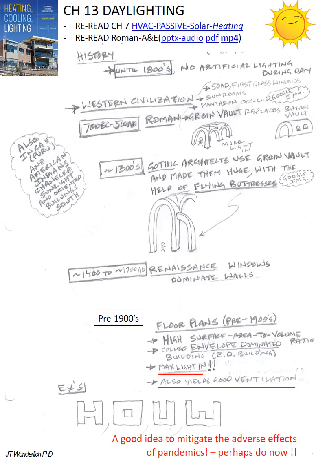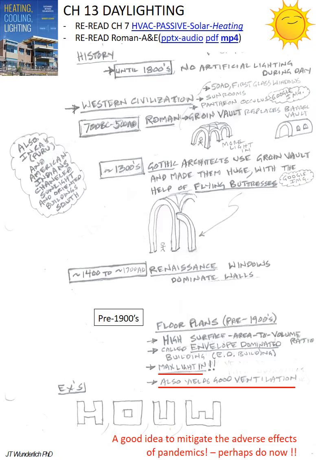You could go up now and open up. In the Renaissance, the windows started to dominate walls. And then pre-1900s, we see floor plans in the United States and elsewhere that are these different shapes. You see the H, O, U, and W here. And they allow maximum light and, importantly, although not discussed so much in this lecture, really good ventilation